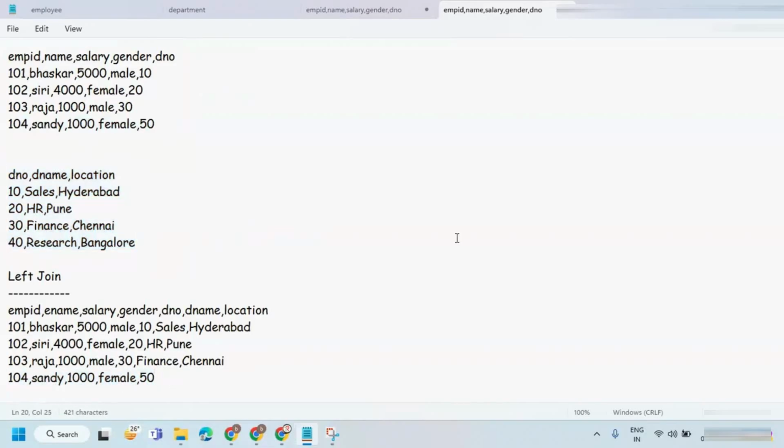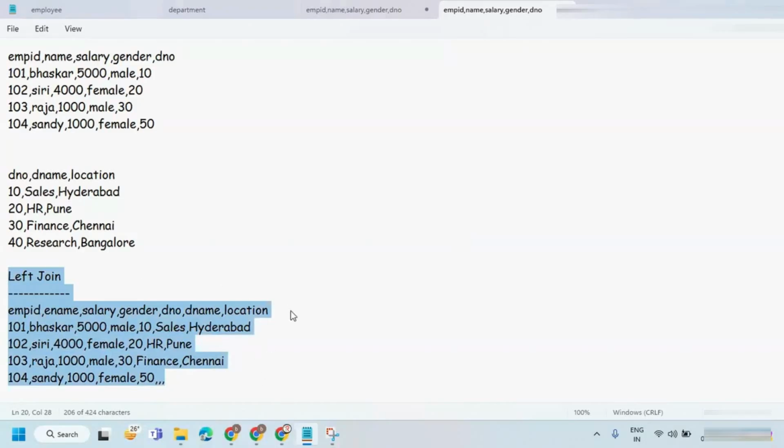So if this is the case, then let's say comma, and you are going to get a null. Department name is null and location is also null. You are not going to get the data if it is a left outer join. If there is a match, then only it is going to get the department name. If there is no match, then you cannot get it. That is how it works with a left outer join.